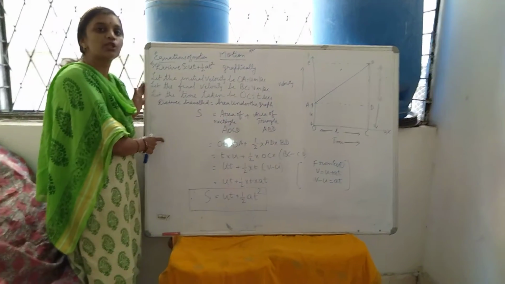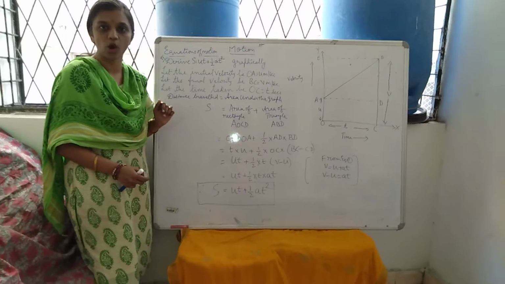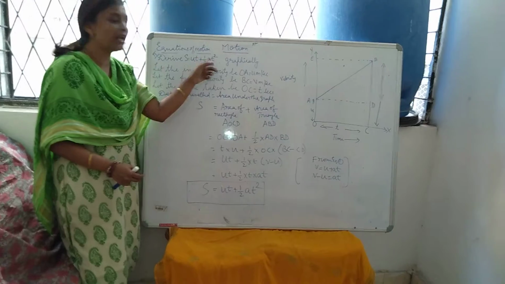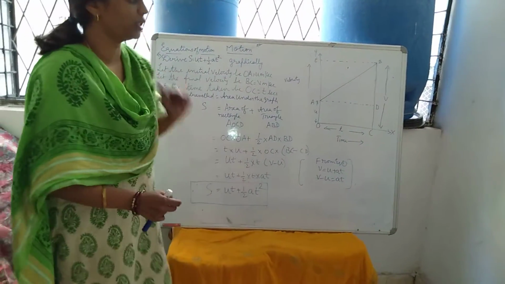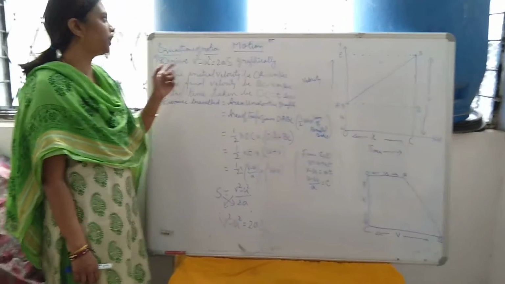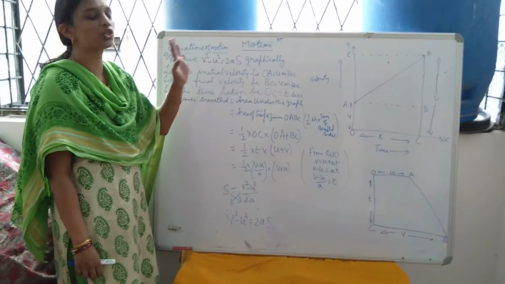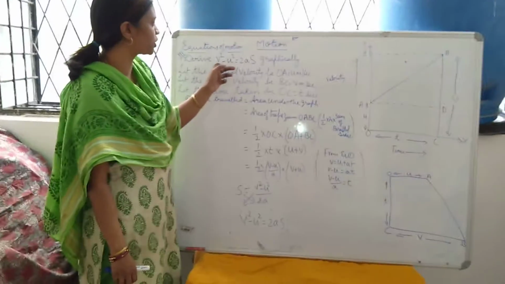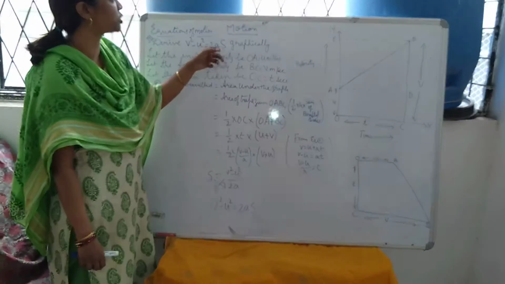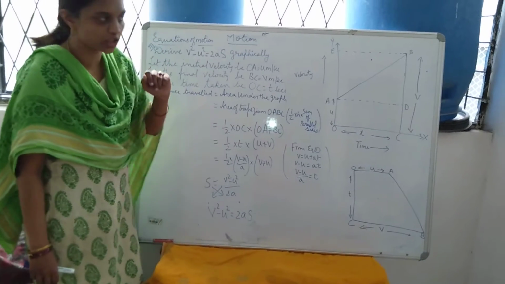This derivation is used to calculate the distance travelled by the object when initial velocity is given, acceleration is given and time is also given. Okay, note down. Now we shall see the third equation of motion, that is v square minus u square is equal to 2as. Remember children, there is no t here. v is final velocity, u initial velocity, a acceleration and s is displacement.